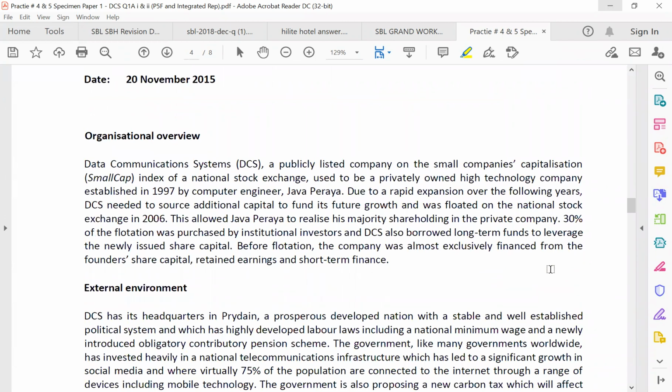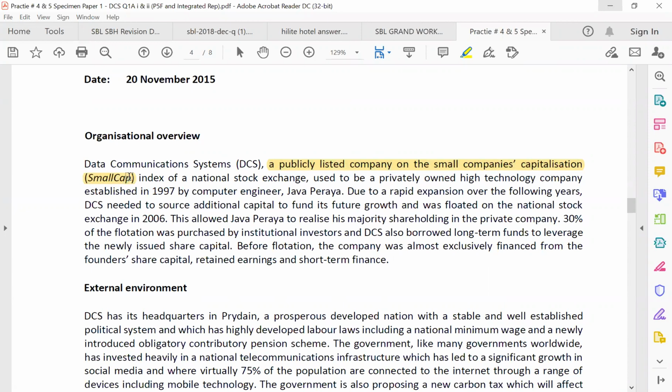Organizational overview. Data Communication System is a public listed company on the small companies capitalization, small cap index. It's a small company. Remember, it is not a big company. However, it's a public listed company. Now,